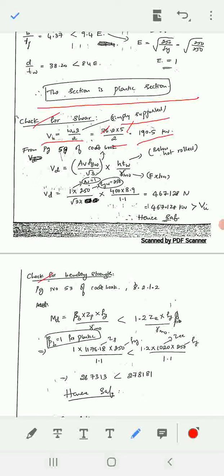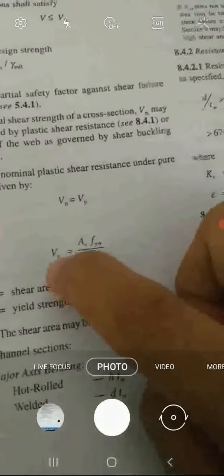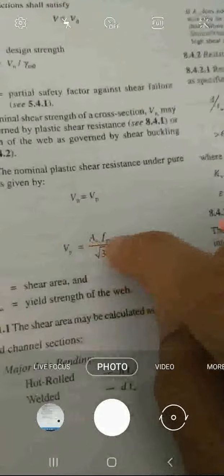There will be a formula, right? This is the Vd formula we need. Wait, I'll show. So this is page number 59. The formula is given as Vp, but take it as Vd is equal to Av fyw by root 3. This formula alone is not enough. Even here you have to multiply